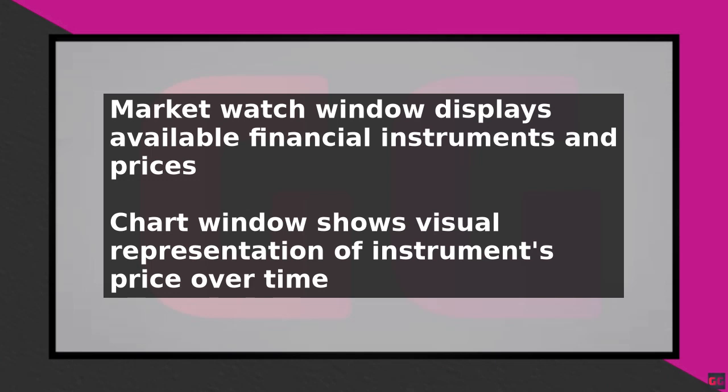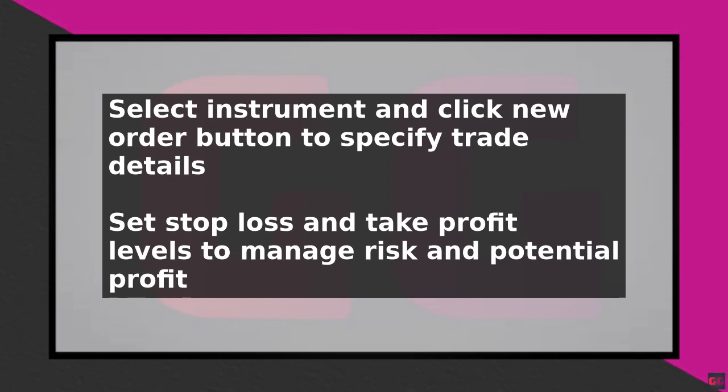A market order is executed at the current market price, while a limit order is executed at a specified price. A stop order is executed when the price reaches a specified level, and is often used to limit losses or lock in profits. In addition to placing trades, MetaTrader 5 also provides a range of technical analysis tools, including indicators